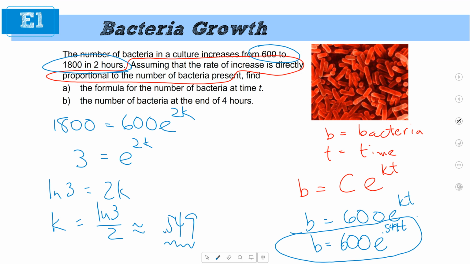Part B of this problem says how much bacteria do you have after 4 hours? So do the calculation. Put 4 in for T and tell me what you get for B. B is equal to 600 times that value that you stored times 4. Be careful with parentheses. B is equal to